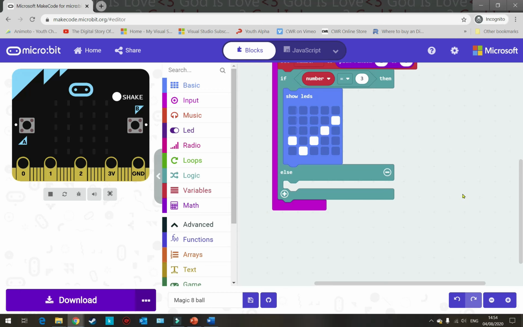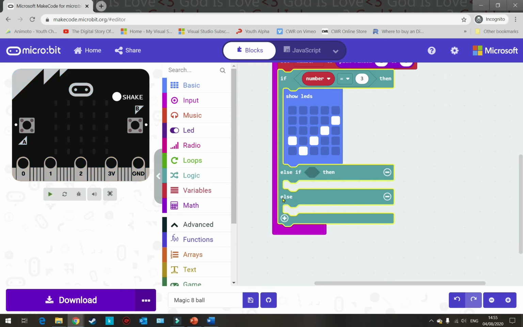Next part of the code is to add in if it's a number 2, then it's going to be a cross. So at the moment we don't have the ability to do that. We don't have this here. So all you have to do is press this plus button, and what it does is change this so it gives you that shape there,